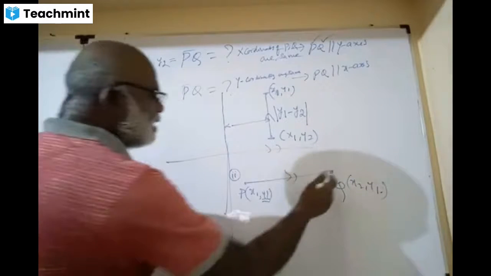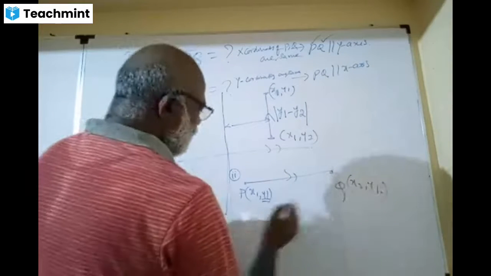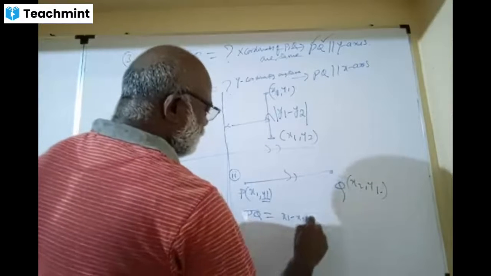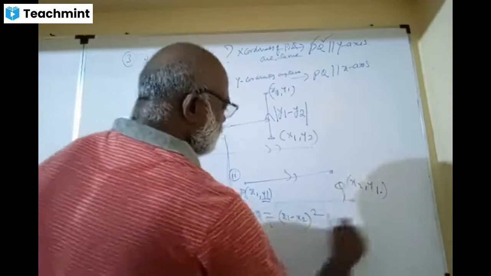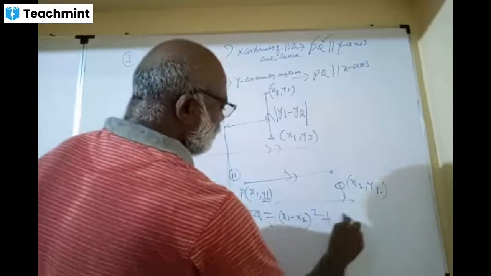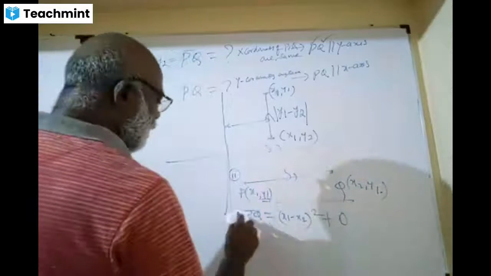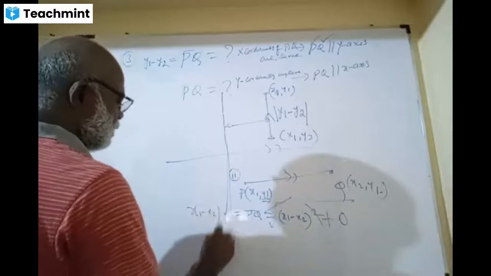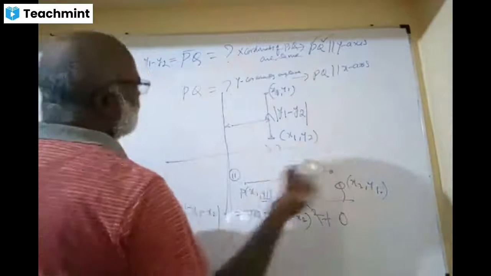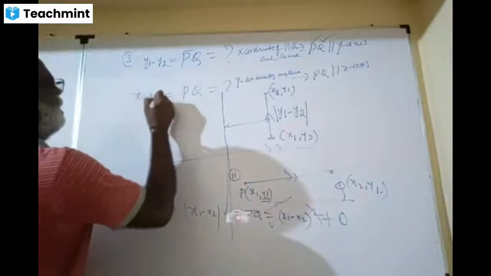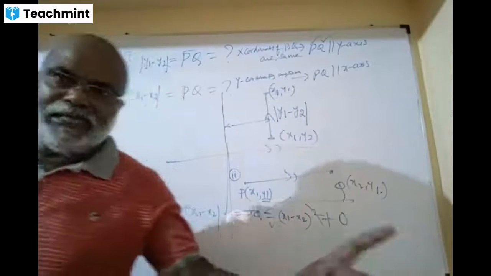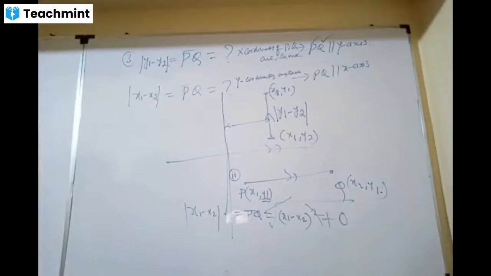So friends, tell me what is the PQ here? PQ distance formula: square root of x1 minus x2 whole square plus y1 minus y1, which is 0. That's why PQ equals the root of the square, so the root cancels, therefore x1 minus x2 modulus, or x2 minus x1, doesn't matter. Distance means modulus. Am I clear, dears? Any doubt?